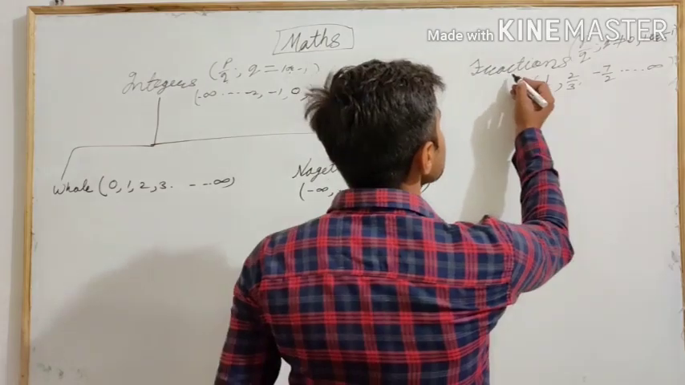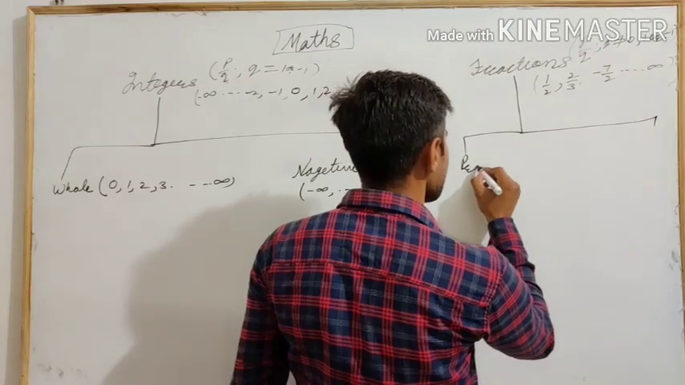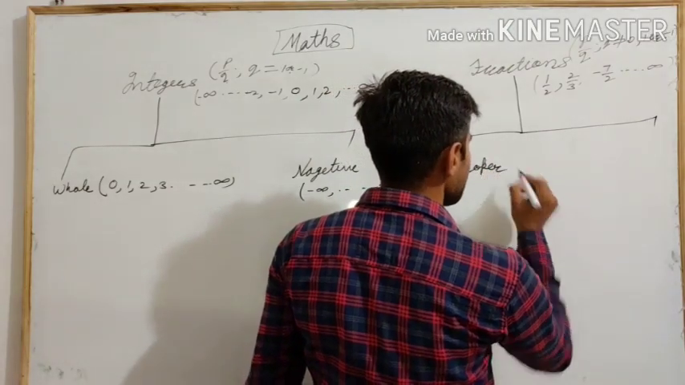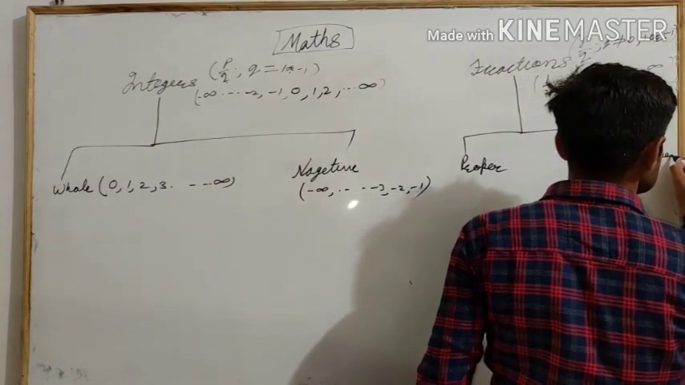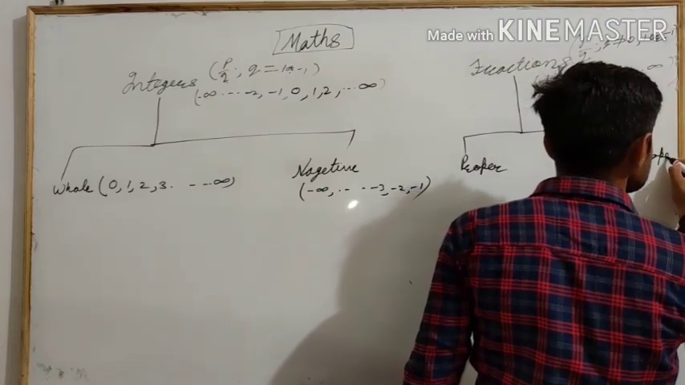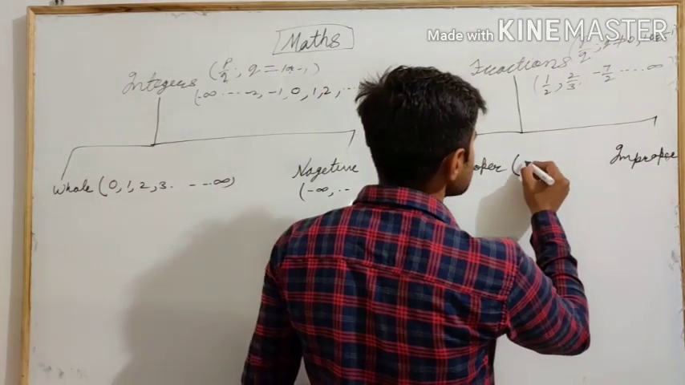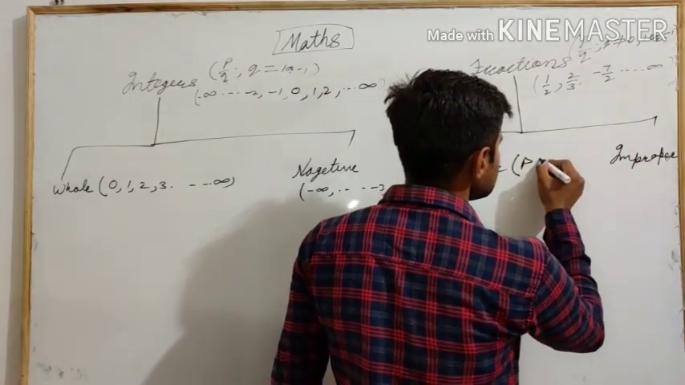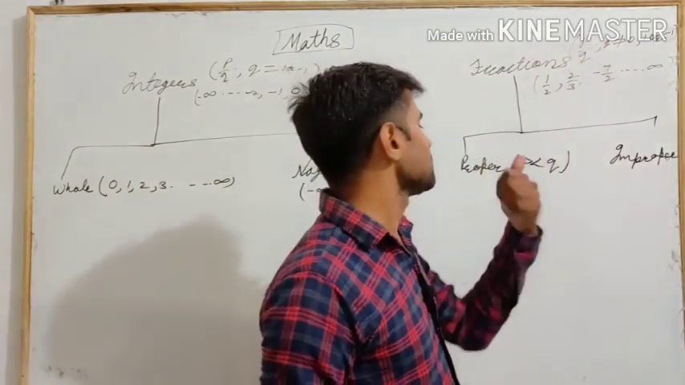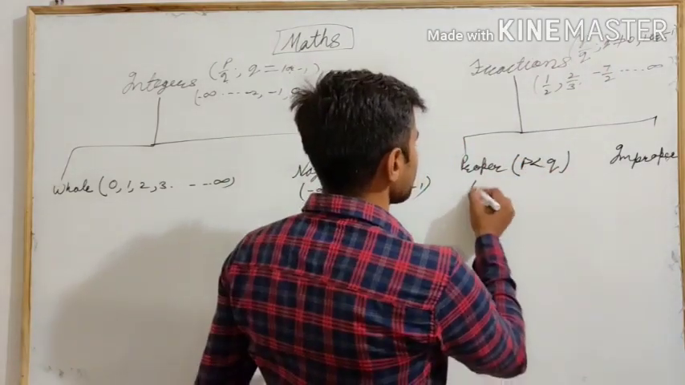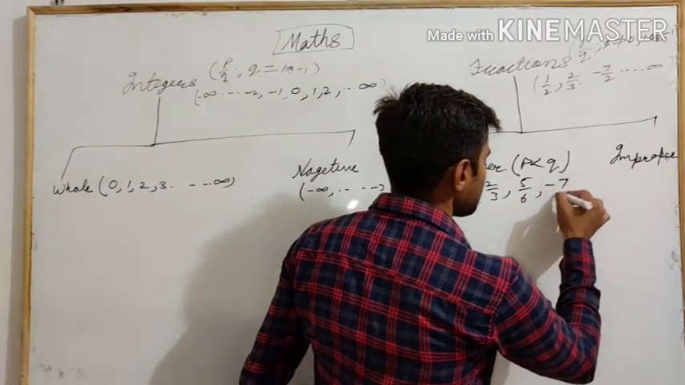Now fractions also have two parts. First, proper, second, improper fraction. Proper fractions have a numerator less than the denominator. It means in this condition p is always less than q. For example, 2 upon 3, 5 upon 6, minus 7 upon 9